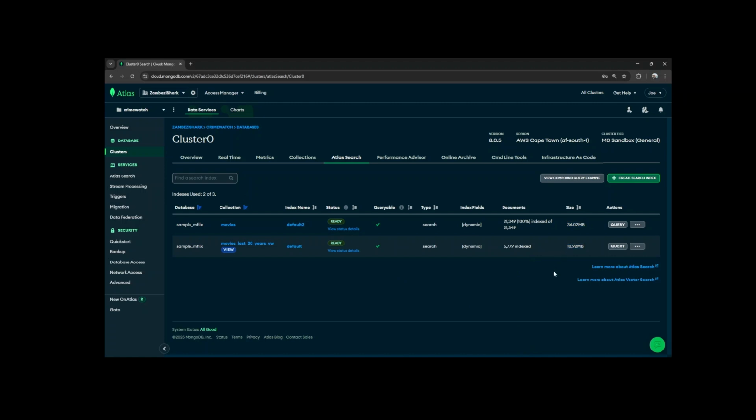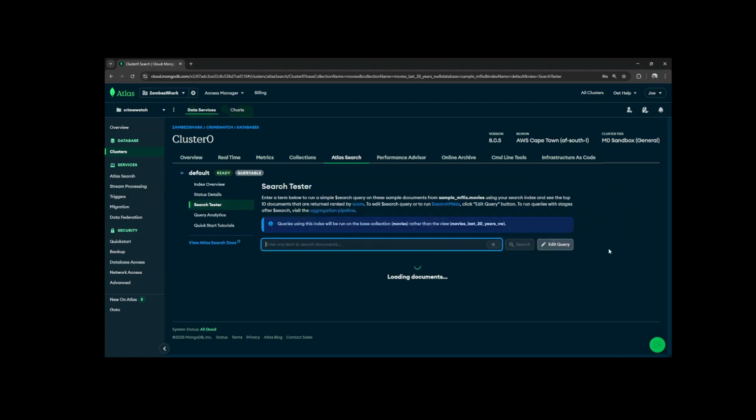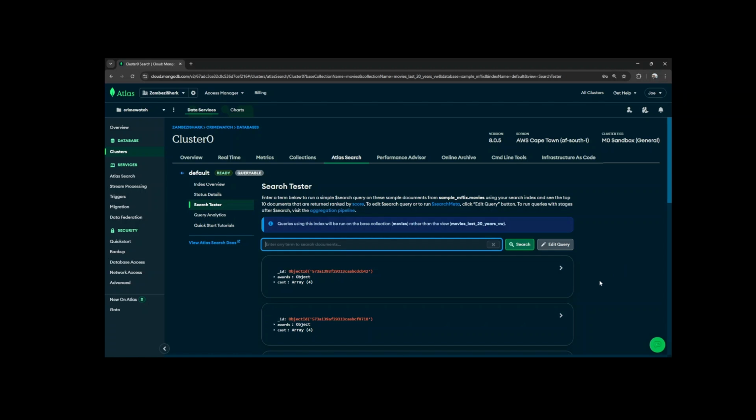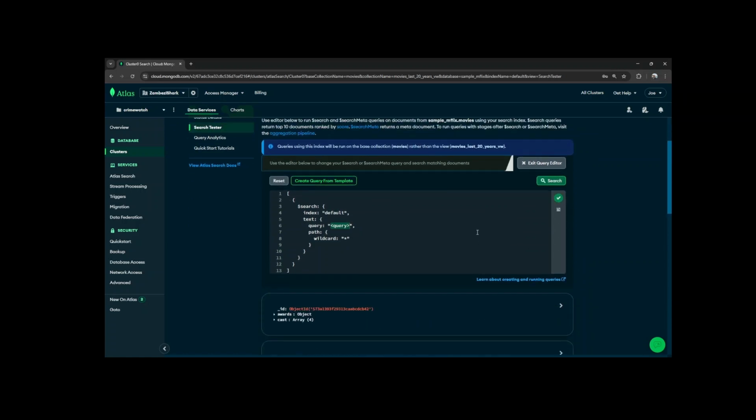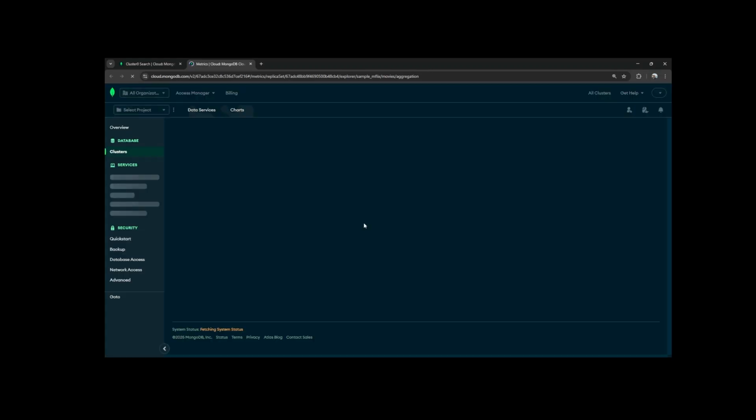Okay, what's next? Let's run a query. The search query itself has to reference this index that I've just created. The actual query is going to be run on the movies collection, but I'll be pointing to this index here. So here's how it will work. I'll click on query, edit query. I just want to get the query template. So I'll copy all of that, make sure that I've got it,